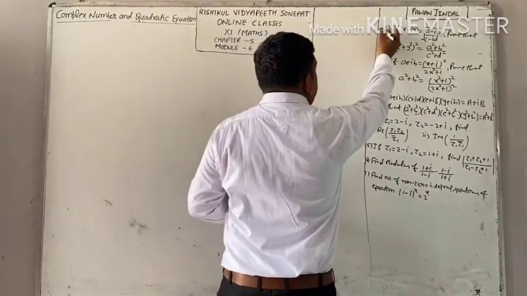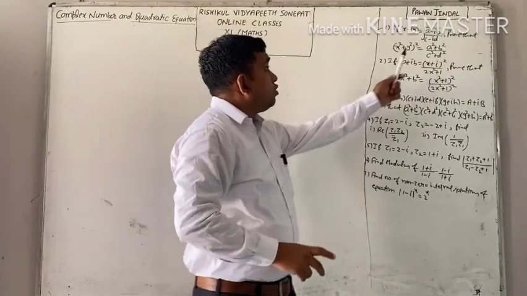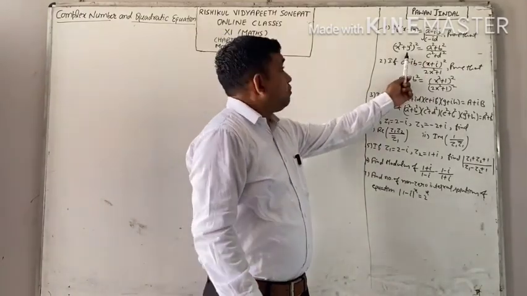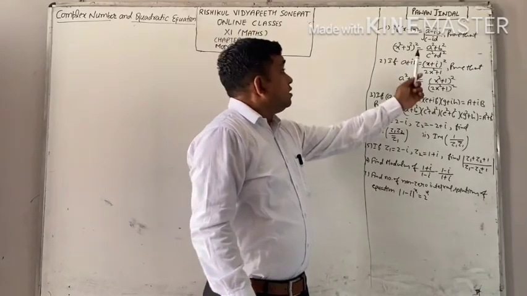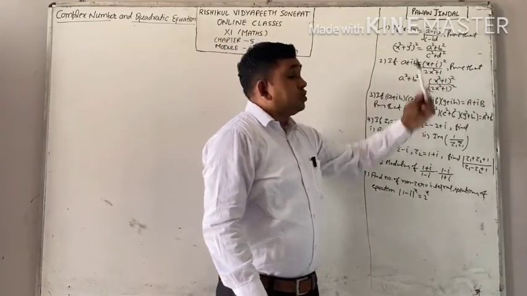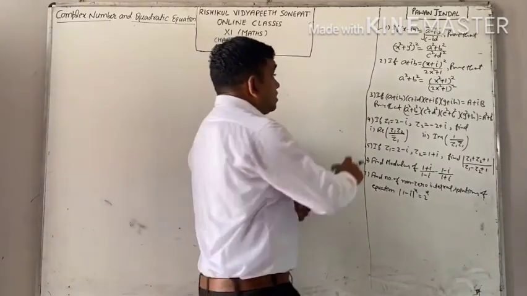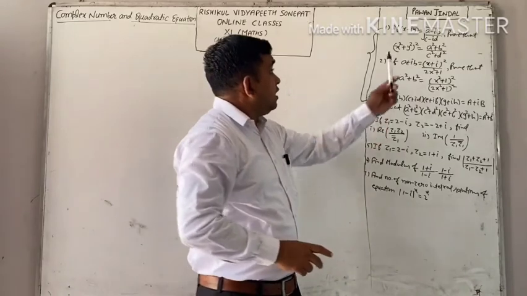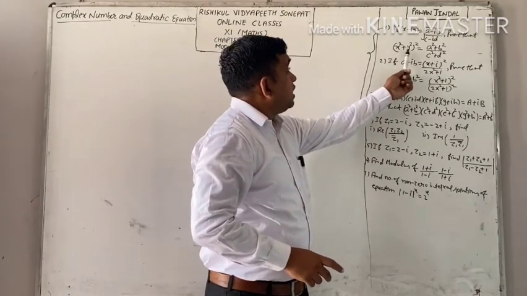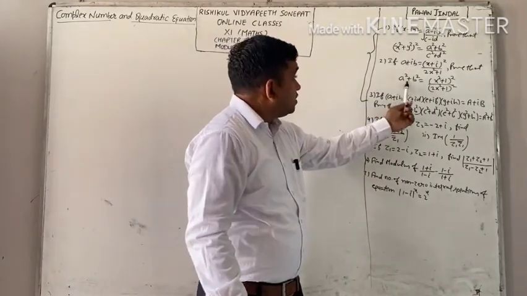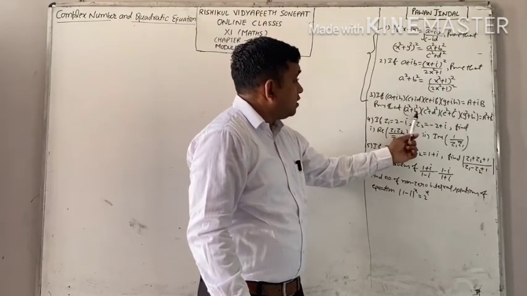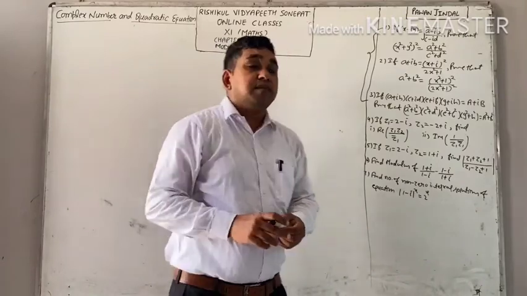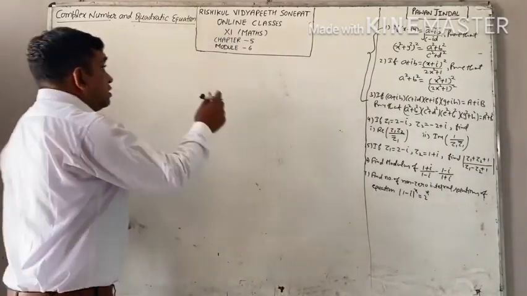If x minus iota y equals under root of (a minus iota b) upon (c minus iota d), then prove that (x square plus y square) whole square is equal to (a square plus b square) upon (c square plus d square). The first three problems are the same. You can see in each problem two whole square terms are in addition. See here, a square plus b square. In such types of questions, the method will remain the same. We will apply the method of conjugate. See question number 1.